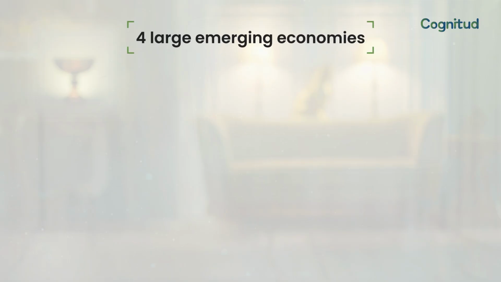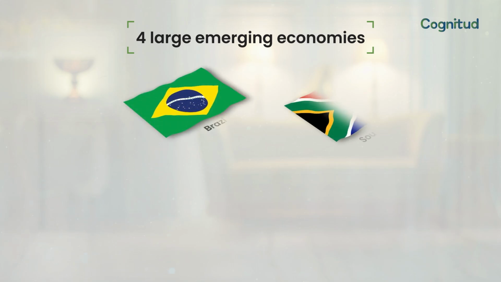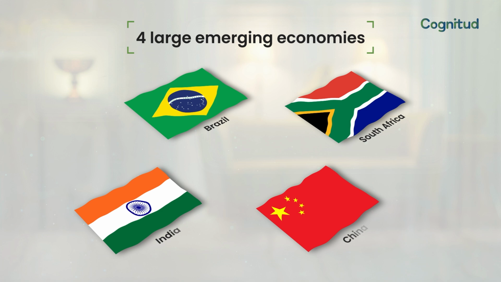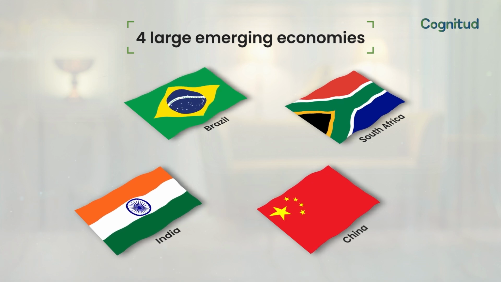The four large emerging economies known as BASIC countries comprising Brazil, South Africa, India and China have asked to postpone or repeal CBAM entirely. Even the United States of America is likely to take reactive measures to show its disagreement with CBAM. In addition, the whole design of CBAM, including the verification of emissions embedded in imports, is highly complex, and the fact that it needs cooperation from other nations makes the implementation process even more challenging.